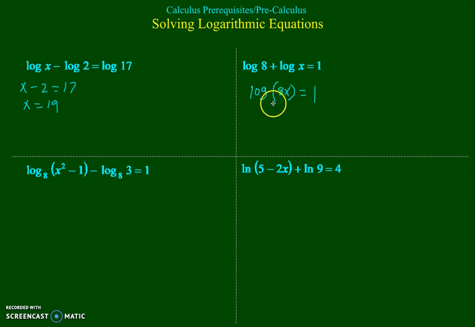And now we're going to use the principle that logarithms are exponents. Logs are exponents. This 1 is an exponent. The base is 10. So the equivalent expression to this logarithm is simply 10 to the 1 equals 8x. And so all we have to do is divide both sides by 8, and x equals 10 divided by 8, which is